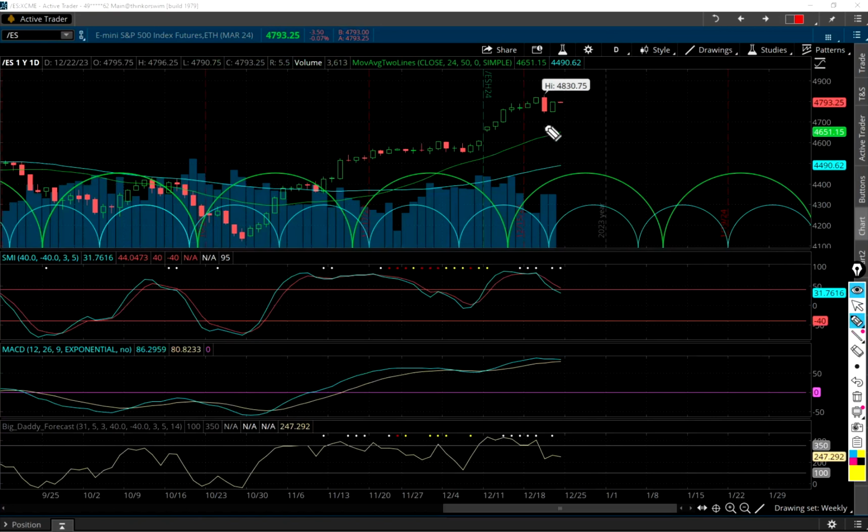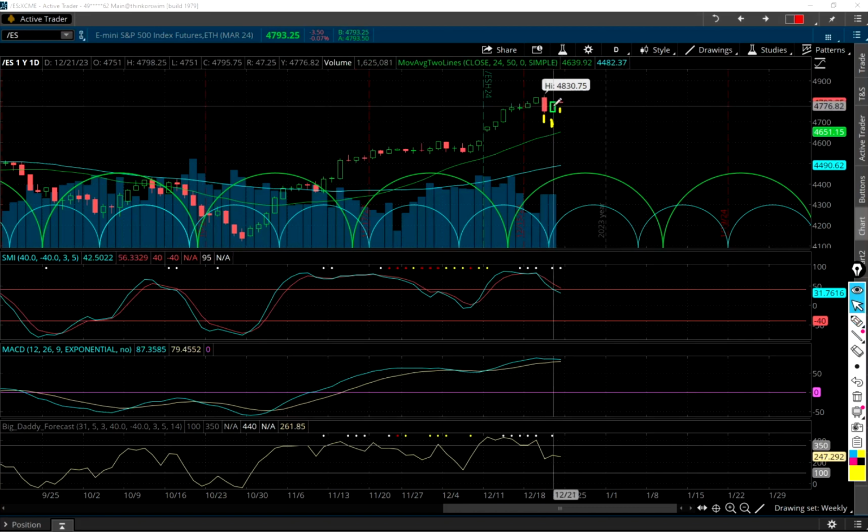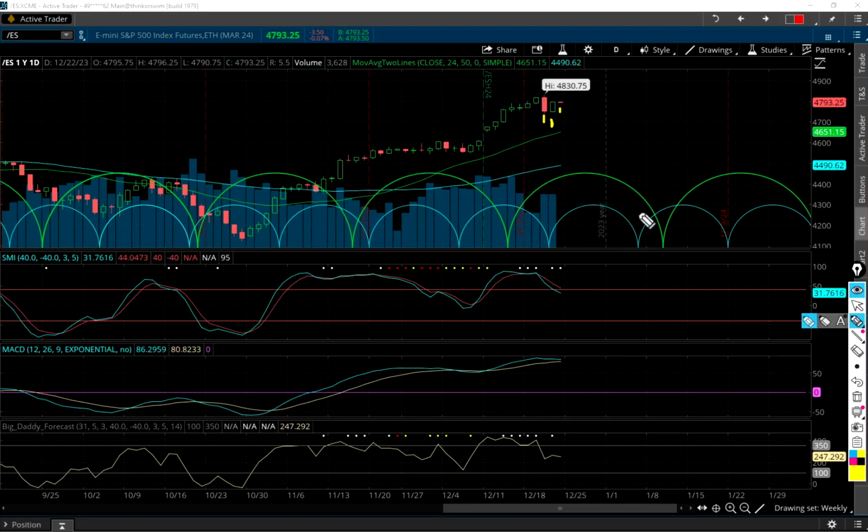Now, yesterday. This is today's candlestick right there. This is tomorrow's candlestick already started because, as I said, futures always start the night before. But here's yesterday. Obviously, a little bit of a bloodbath yesterday. I think it was 85, if I remember right. Yeah, 87.5. We'll call it 88. And today we had a decent range day, 47. So a little bounce back, but so far, this candlestick obviously closed